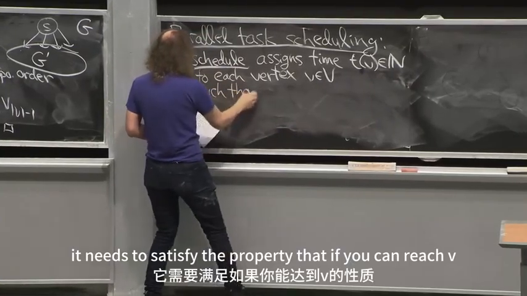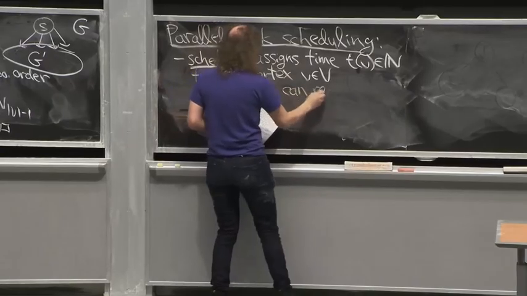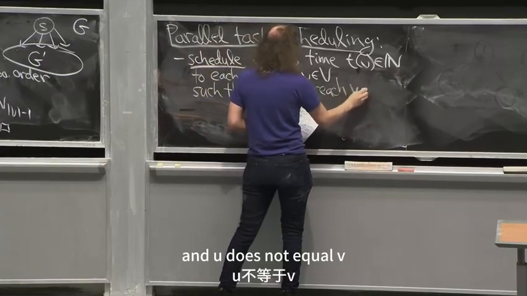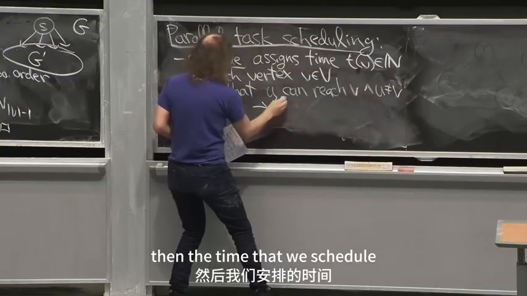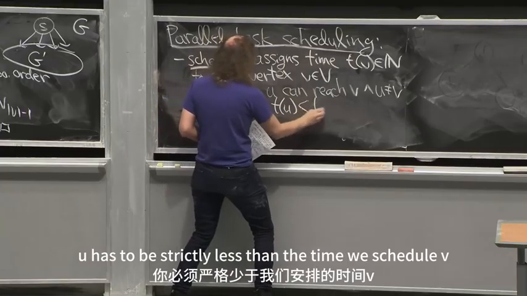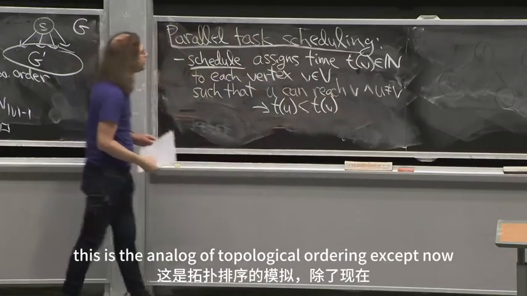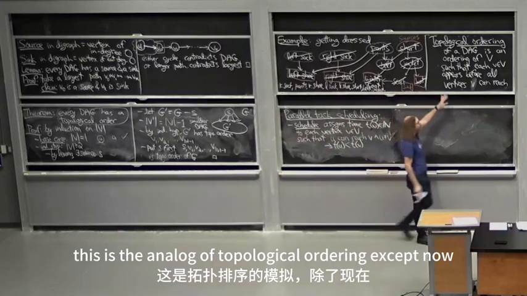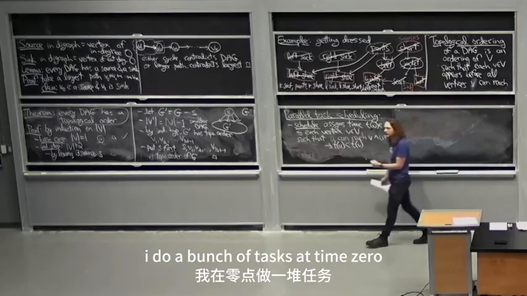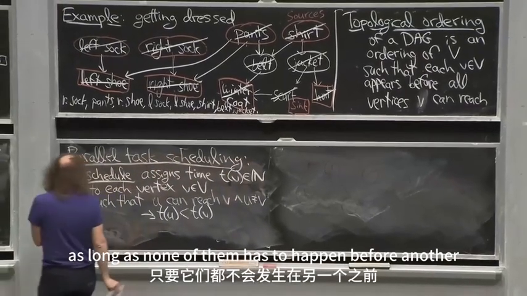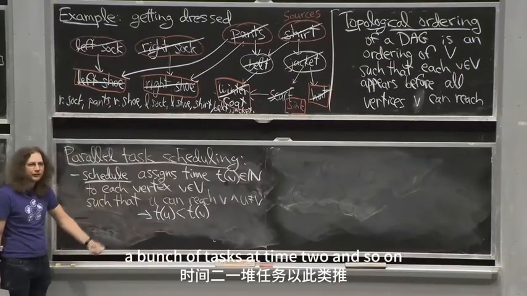It needs to satisfy the property that if u can reach v and u does not equal v, then the time that we schedule u has to be strictly less than the time we schedule v. This is the analog of topological ordering, except now I can assign the same time to multiple tasks. So maybe I do a bunch of tasks at time 0, as long as none of them has to happen before another. Then I could do a bunch of tasks at time 1, a bunch of tasks at time 2,